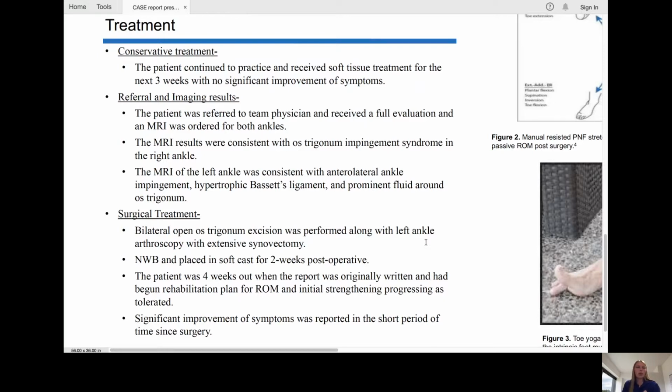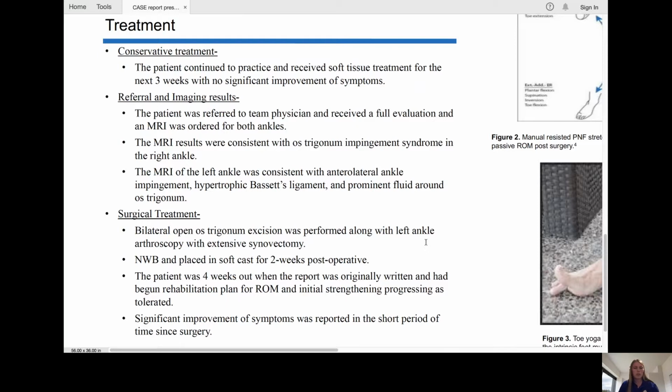The patient was then referred out to the team physician and received MRI imaging, which showed the presence of bilateral osteogonums as well as an ankle synovectomy or synovitis in her left ankle. The patient decided to go with open osteogonum excision for both ankles, as well as an arthroscopy with extensive synovectomy